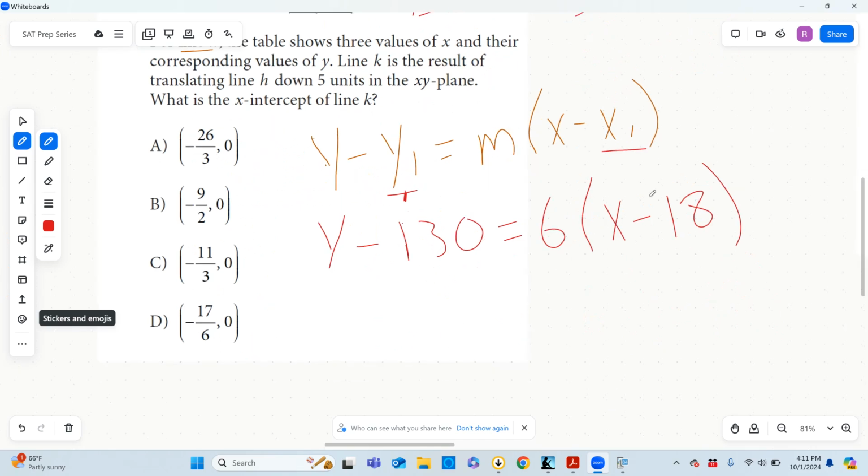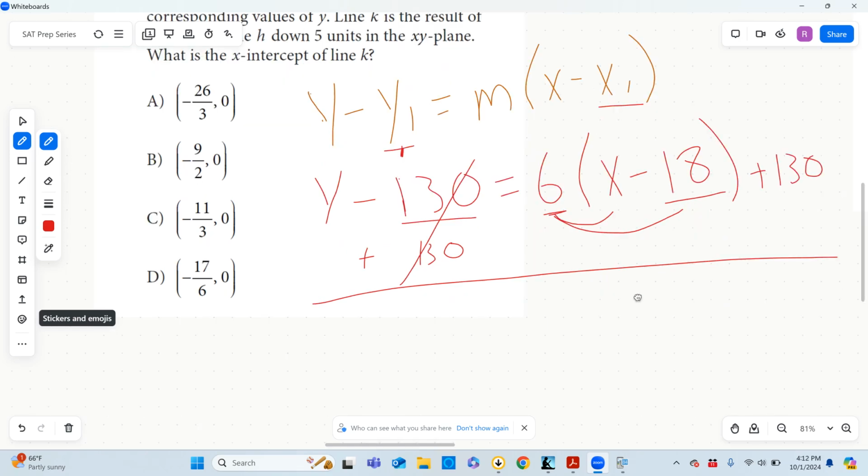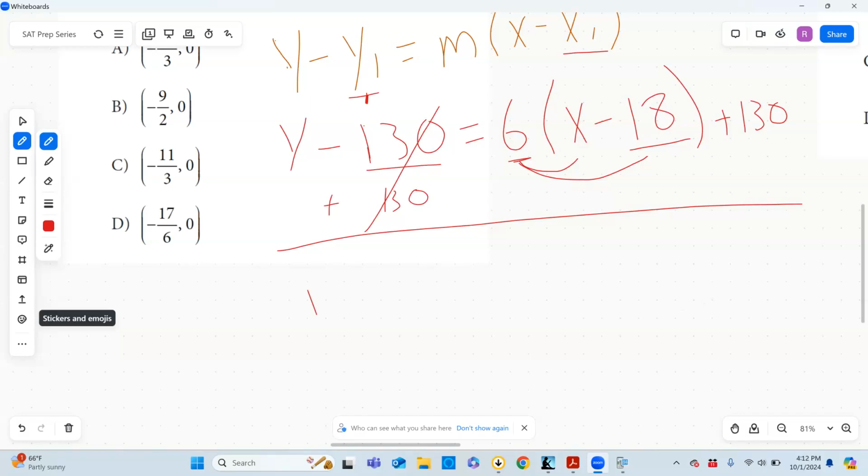point slope form, called point slope because we built this equation using a coordinate point and the slope, is an equation for a line. Now, if you're like me and you prefer to work in slope-intercept form, we can convert this to slope-intercept form. All we're going to do is distribute the 6, right? And we're going to then add 130 to both sides, right? I can add it out here, 130. And these will eliminate for us,